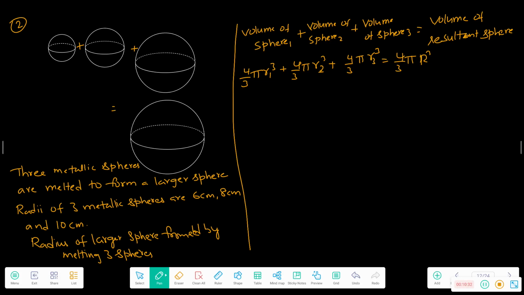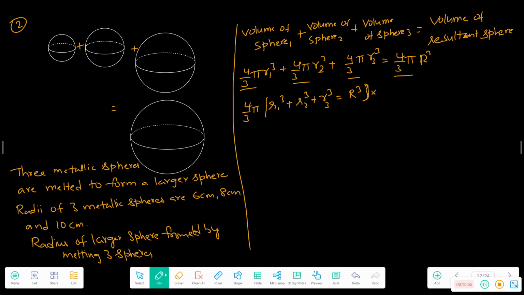So in overall, if you observe, 4 by 3 pi is common, so take that as common, so it is r1 cube plus r2 cube plus r3 cube is equal to capital R cube,